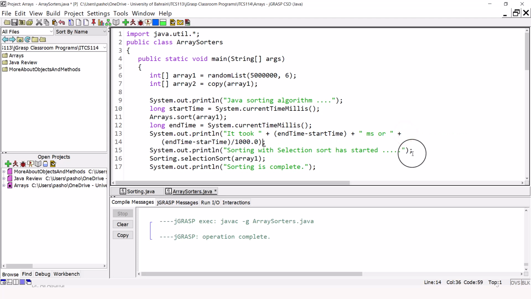So this number represents the running time in seconds. So we will follow it by the letter S, which is short for seconds. Now to estimate the running time for the selection sort, we will do the same. We will record the start time before we call the algorithm, and then we will record the time after we return back